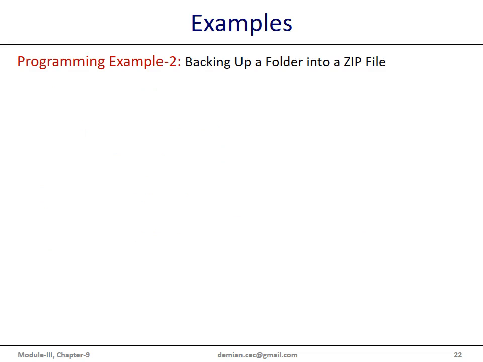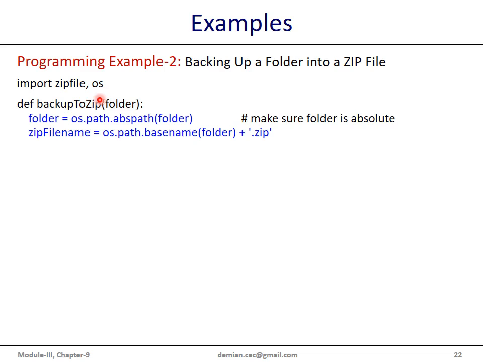Let us take up the second programming exercise: to create a zip file for a given folder as a backup. What we have to do is first import the zipfile module and the os module, which is required to get the absolute path of a file. And we create a function called backup to zip. It takes the